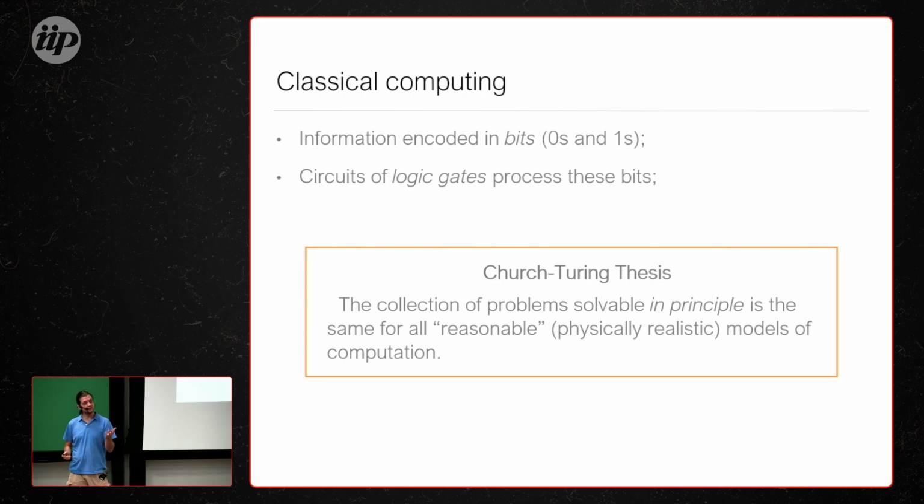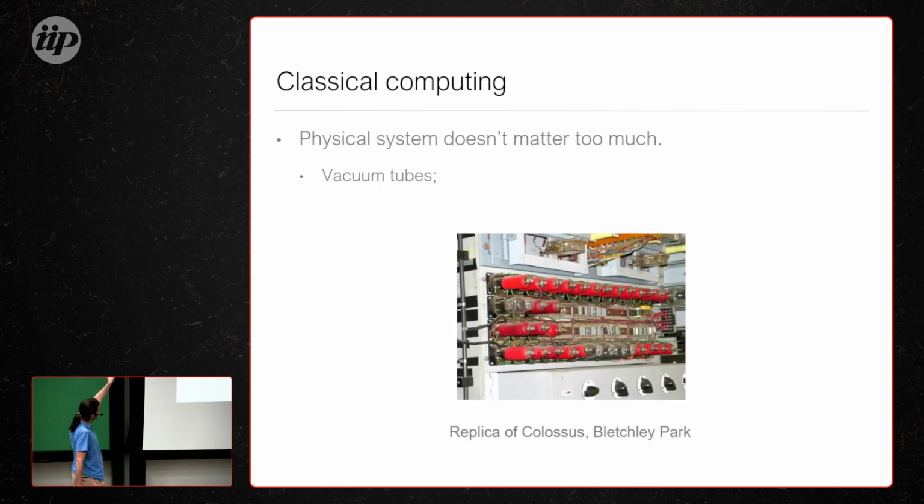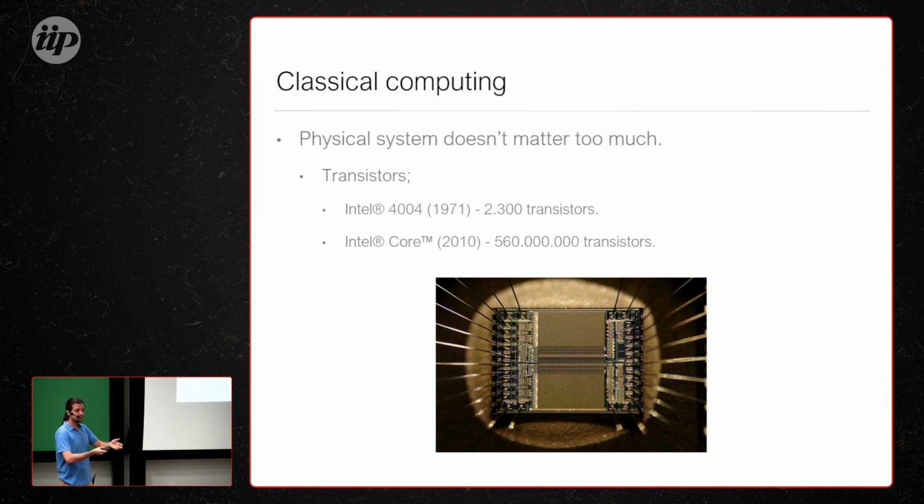And we've seen this play out over time, because way back in the beginning, in the 40s and 50s, classical computers were built out of vacuum tubes. It's basically a circuit of the type that I described before, but using vacuum tubes as carriers of information. And sometime later, the transistor showed up.